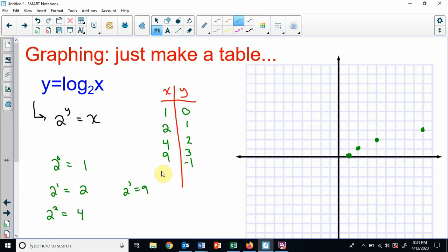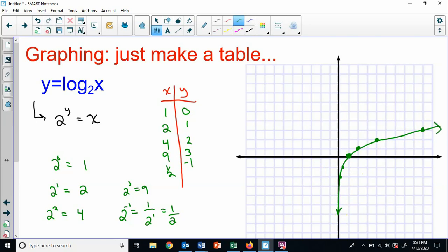All right, let's look at the negative one. 2 to the negative 1. Remember, that's 1 over 2 to the 1. Remember, you fix the negative by moving it down. Well, what's 2? That's just 1/2, right? 1/2, negative 1. And you could do more negatives. What you're going to find is these are going to hug closer and closer, but never slip back past the y-axis here,